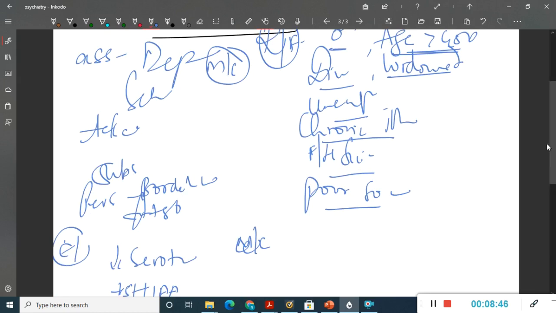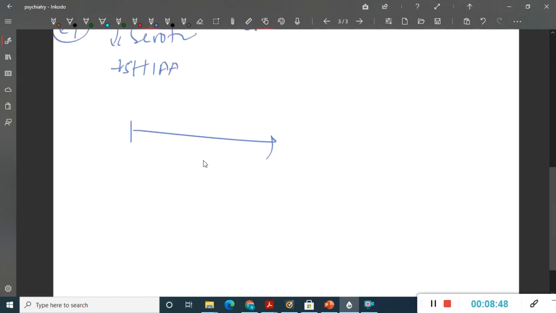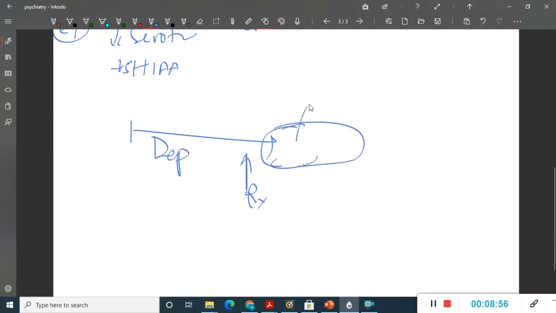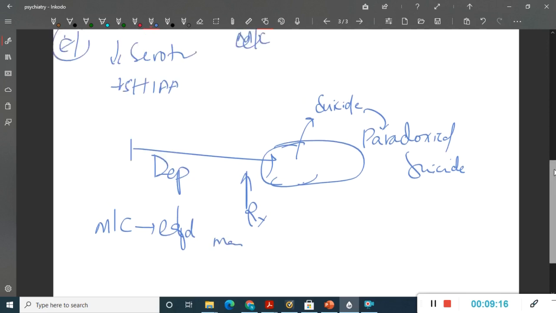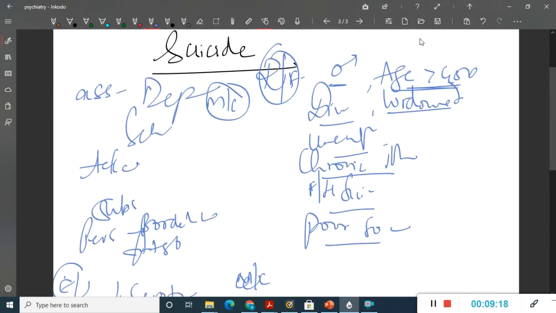Where is this suicide seen in depression? See, this is a depressive episode and you have given treatment. Okay, post this treatment he starts recovering. During this period there is increased risk of suicide, and this type of suicide which occurs during the treatment or recovery phase is called paradoxical suicide, because here the suicide is occurring in the recovery phase. It is also most common in elderly patients and it is most common in men. I have said in the risk factors, male is a greater risk factor, so obviously it is most common in males.